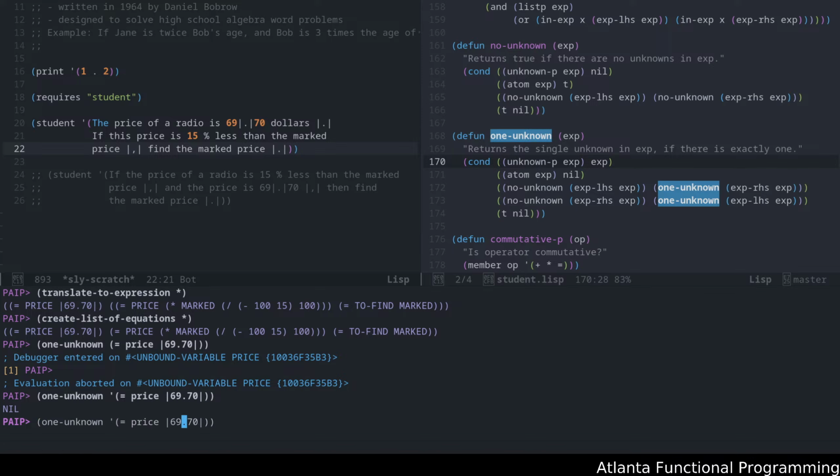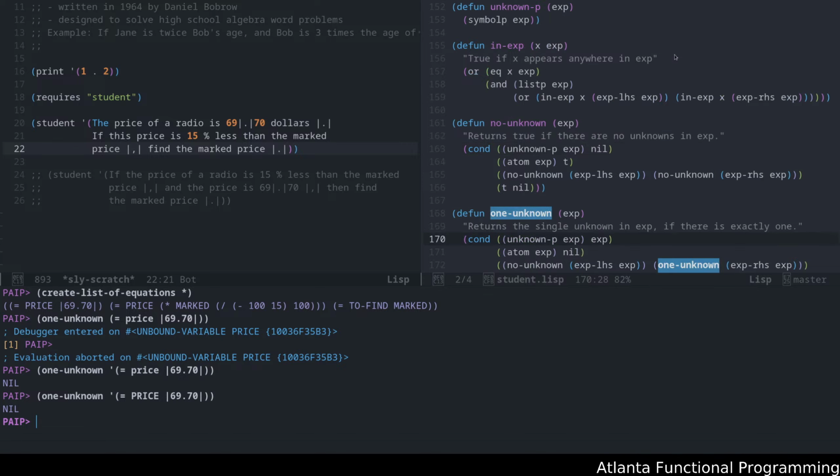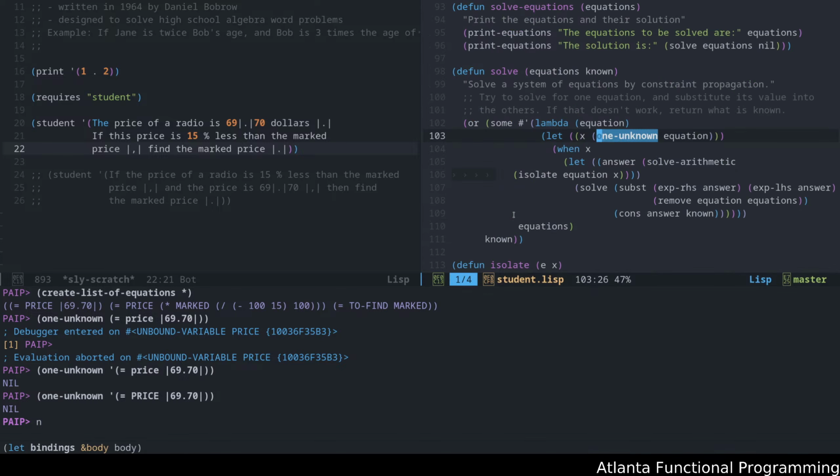And the reason is this is not a symbol. Atom is expression. Okay, so on the list of equations, it takes an equation, then